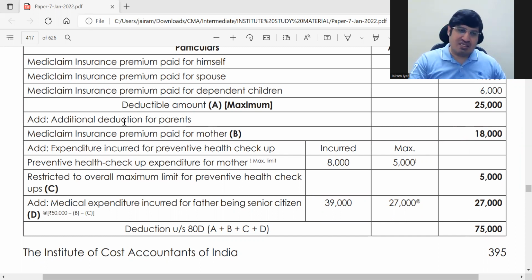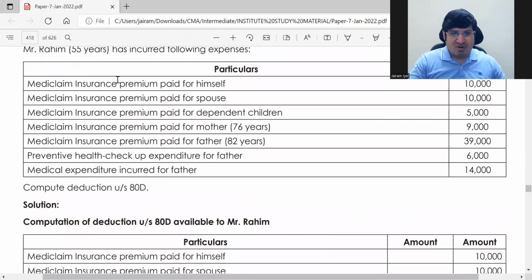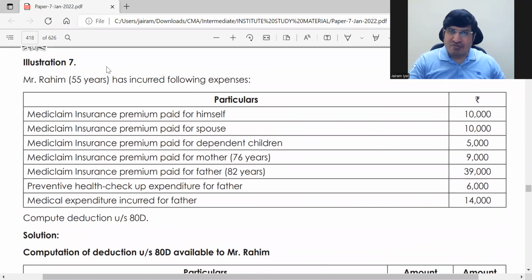ओके, तो ये इसी तरह से आपको करना है. इलस्ट्रेशंस ये भी बिल्कुल ऑलमोस्ट सिमिलर है. ओके, सो आई लीव इट फॉर यू. इलस्ट्रेशन 7 आप देख लेना. ओके, बिल्कुल इट इज लाइक योर प्रीवियस एग्जाम्पल, ठीक है।